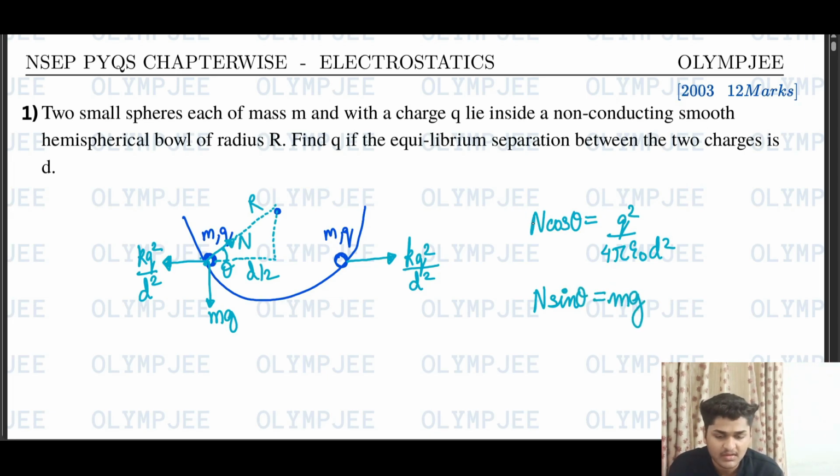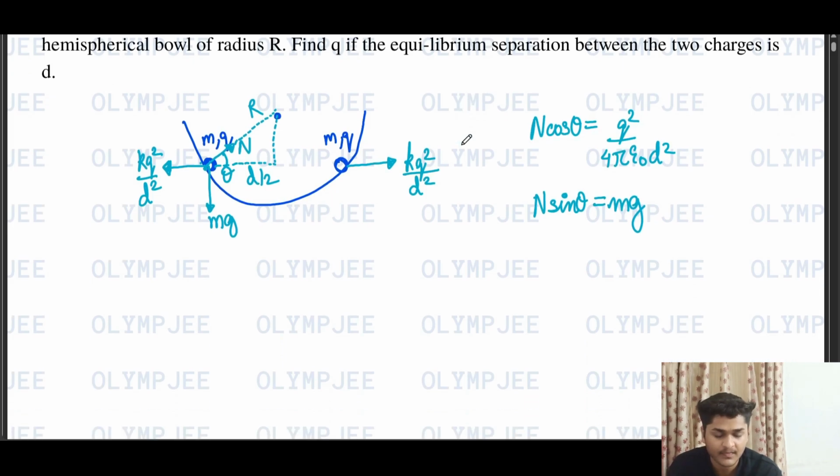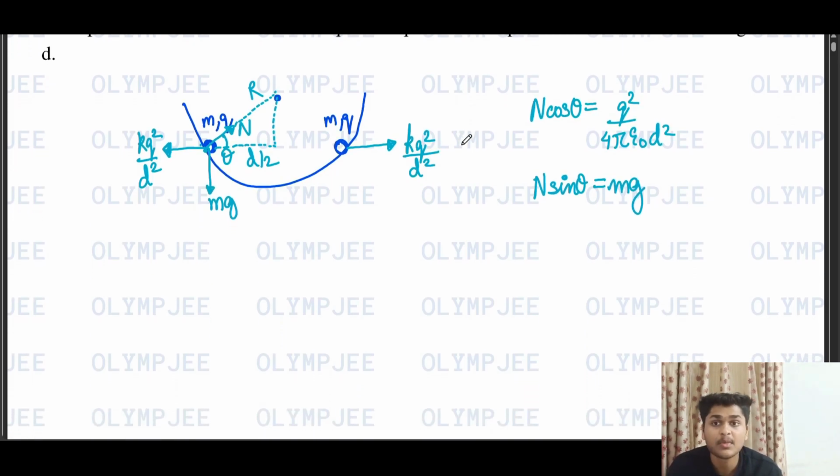Now normal and theta are unknown variables, so we need to eliminate one of them. So we can easily eliminate normal by dividing these two equations. So we will get